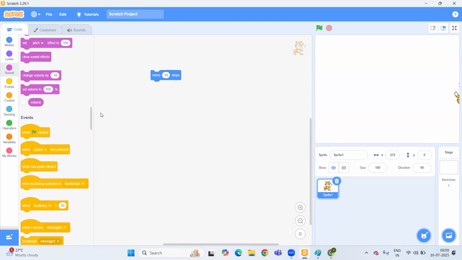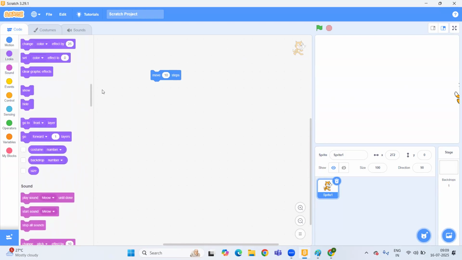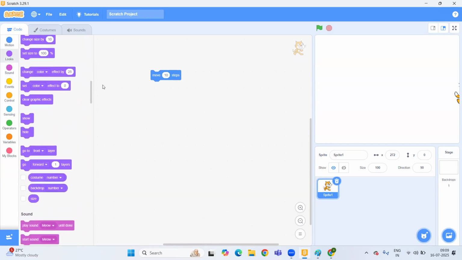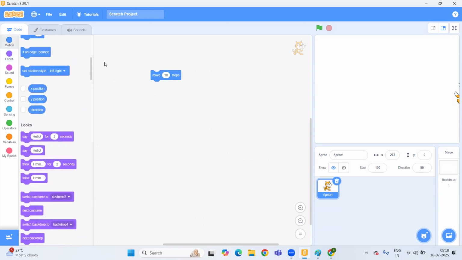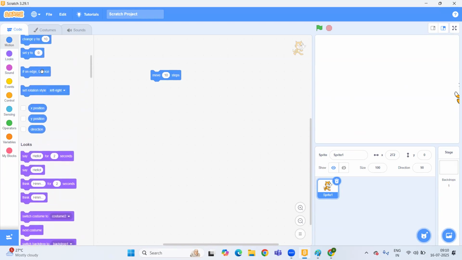Yes, here it is. When I add this code, now you can see when I click on that particular code.